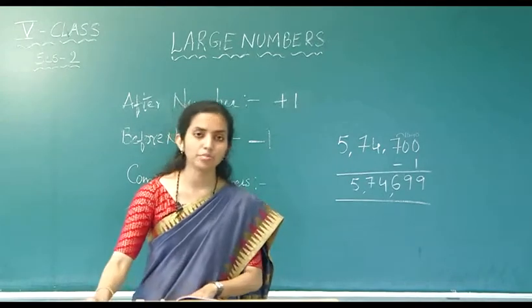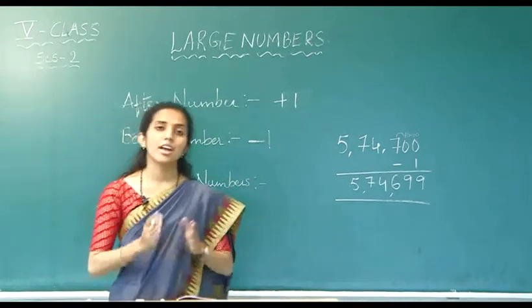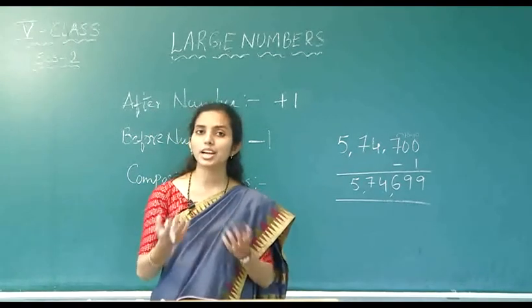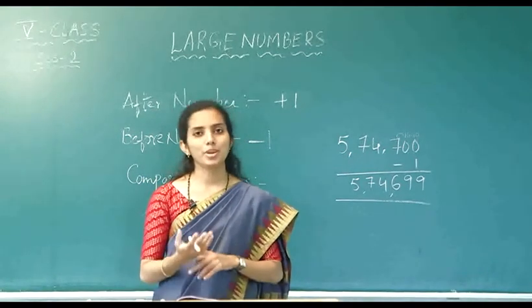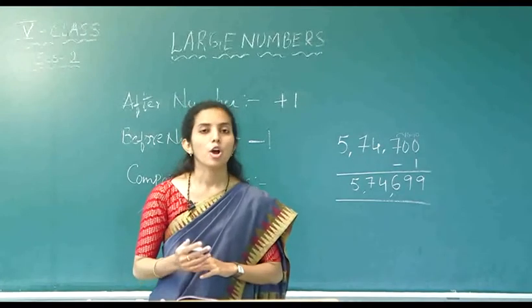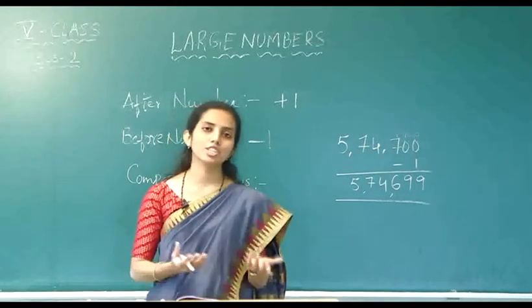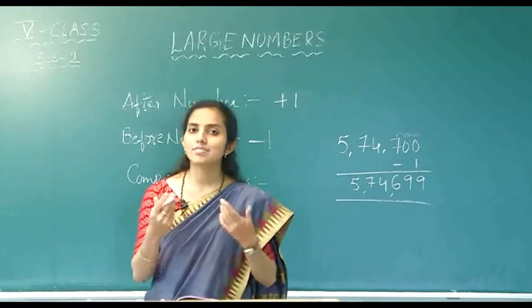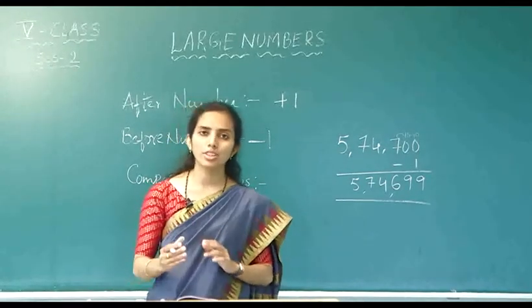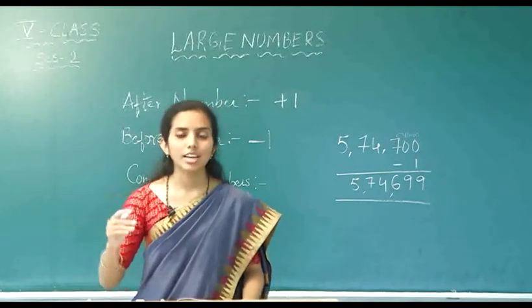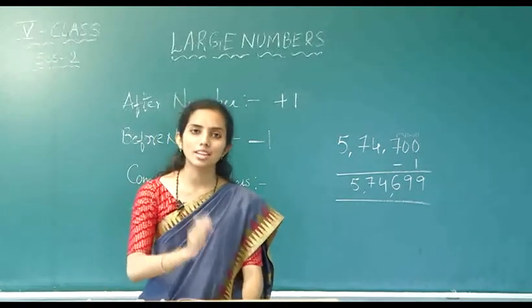For example, if you are given a 5-digit number and a 6-digit number, what would be the greatest number? Obviously, the 6-digit number, because the 6-digit number will be in lakhs and the 5-digit number will be in thousands. It is very simple to know that the number which has more digits is bigger than the number with